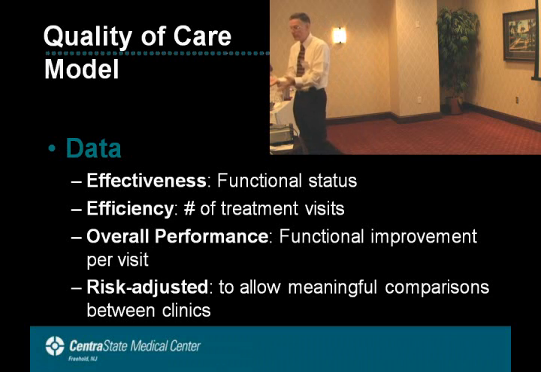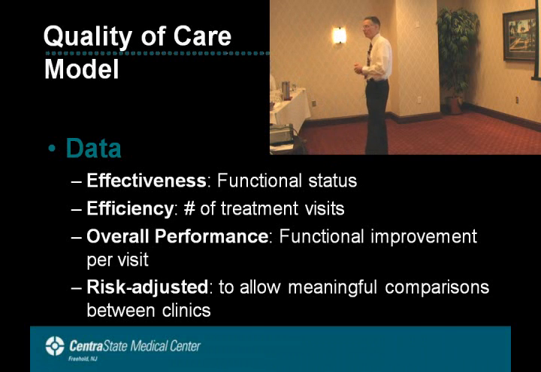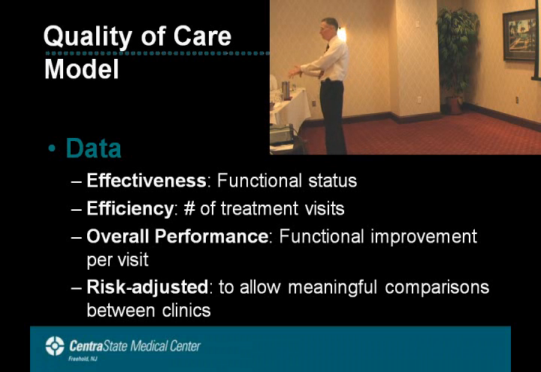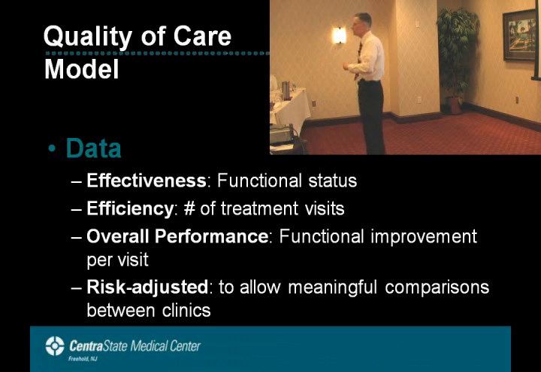So you need effectiveness and efficiency, and of course, overall performance can only be judged through risk adjustment. And Dennis went over that for a good hour this morning. If you're not risk adjusting, then don't talk to me. And we have to educate payers why that's so important. Boy, it's critical. We went over that example: athletes, geriatric. You want your money cut because you have to see geriatric patients? That's not fair. You do a better job based on risk adjustment than they do. So educate those payers that risk adjustment is critical. You're on a tool, the most sophisticated risk adjustment tool out there. And you should appreciate that tool and use it to your fullest.